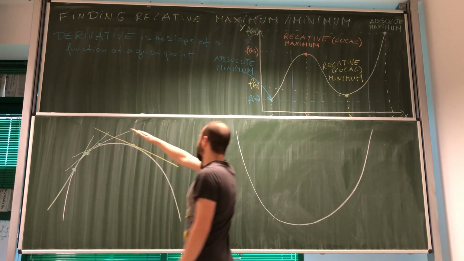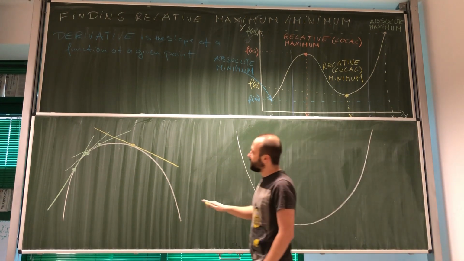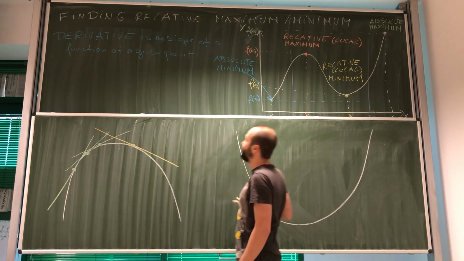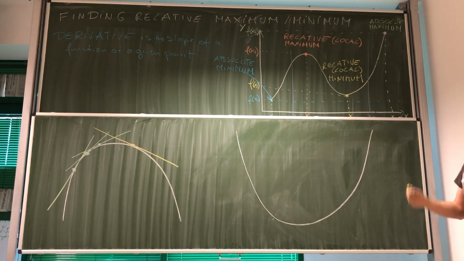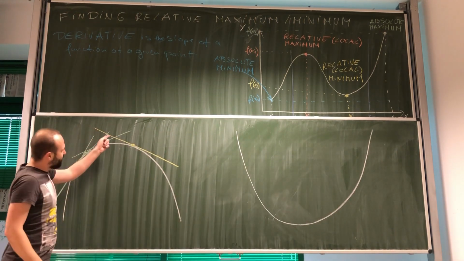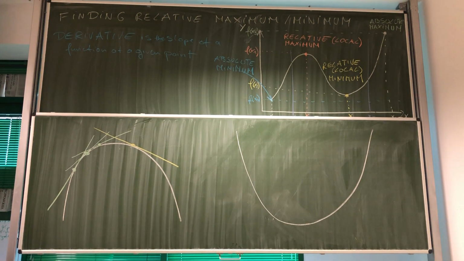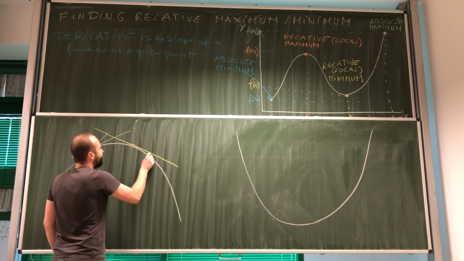Well, now I see that the slope, the line is no longer increasing. It's actually decreasing. And so what does it mean for us? Well, this means that now the slope of the function is negative. So the function is decreasing. And look, the further and further away